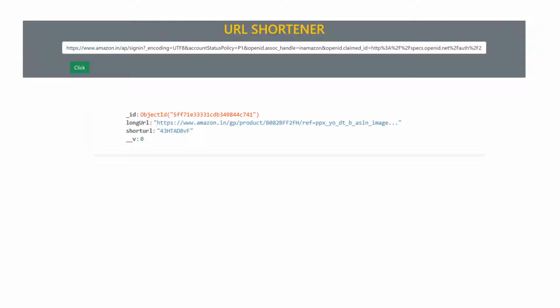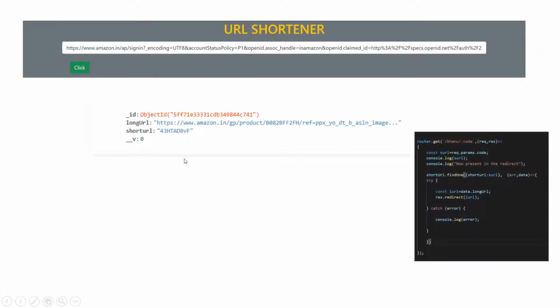After generating the short URL, we will store the long URL and short URL in our MongoDB. Now this is the code snippet from our URL shortener app.